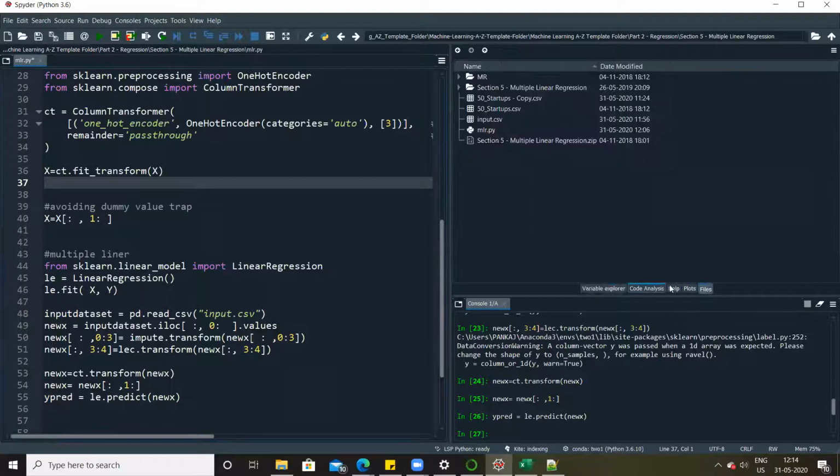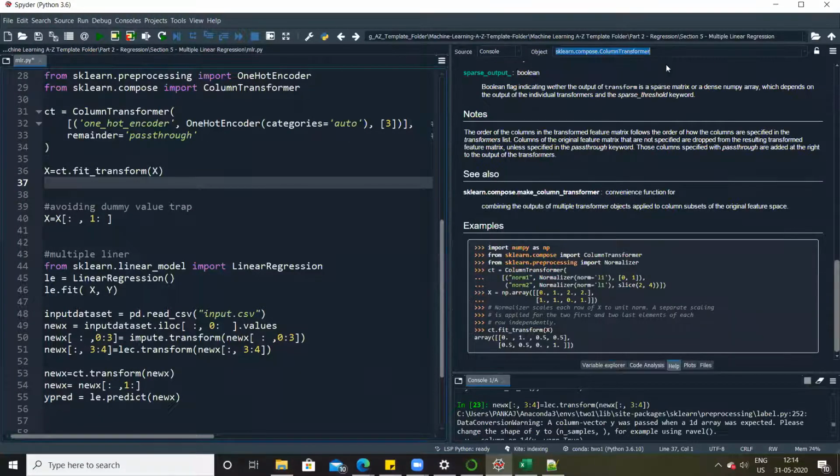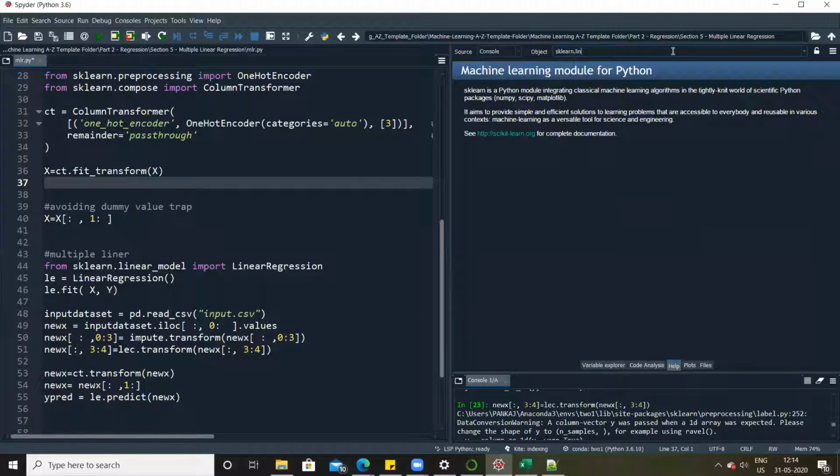So let's go to the help section. Here this library, sklearn dot linear underscore model dot linear regression.